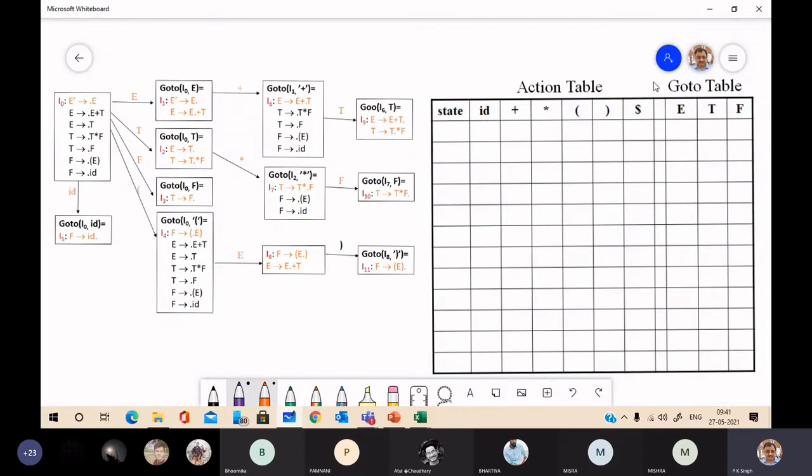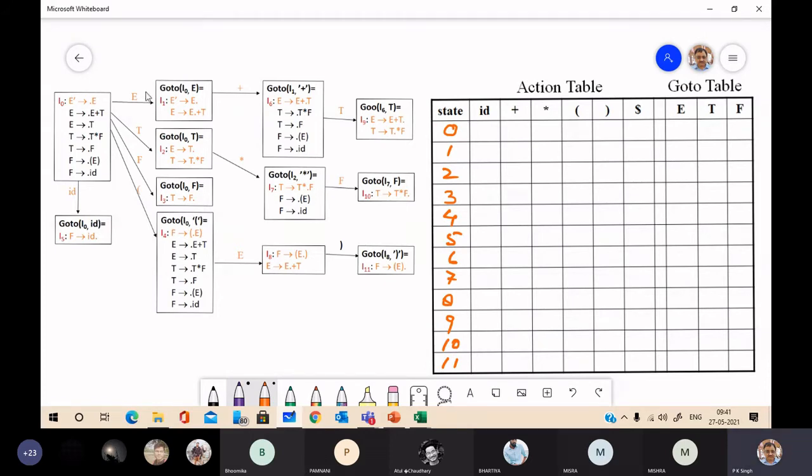For each item set, we will introduce a state: state 0, 1, 2, 3, 4, 5, 6, 7, 8, 9, 10, 11. Total 12 states. Now the action field for state 0 will be filled with this.